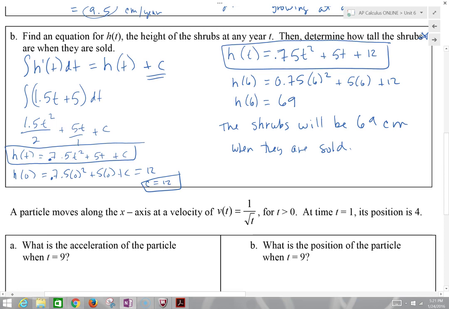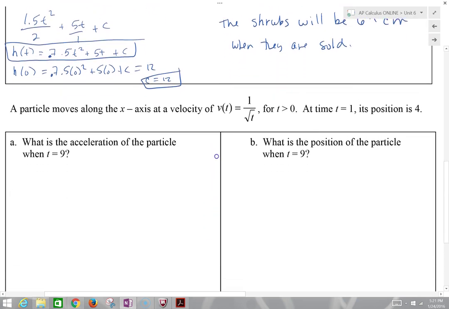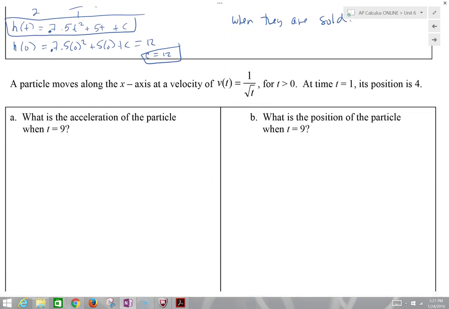More particle motion problems. A particle moves along the x-axis at a velocity of v of t for t greater than 0. At t equals 1, its position is 4. That's good to know. So that means p of 1 is equal to 4. And we're given the velocity